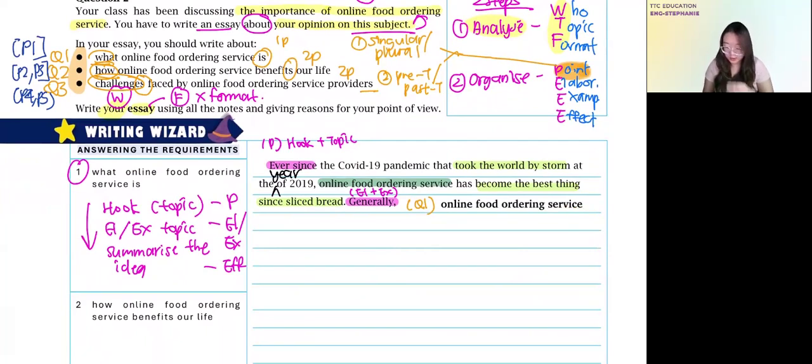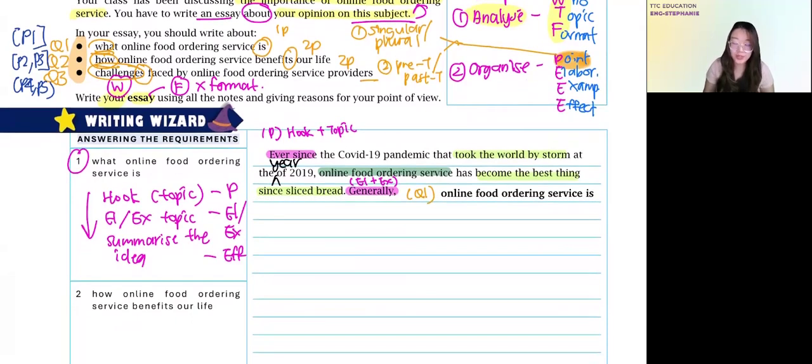If you notice, I just wrote down our Q1. Online food ordering service is, this is your answer to it. I'm going to change it to orange color because orange is the point. Is a platform or application